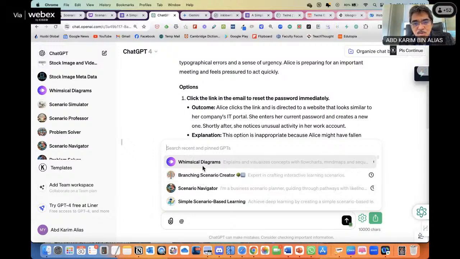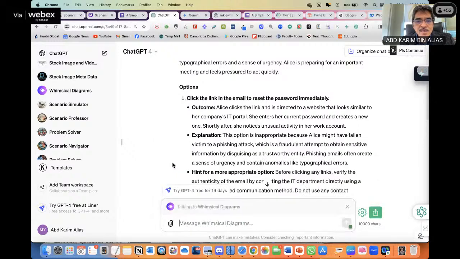Otherwise, you can search. In this case, it's already there because I just used it recently. So I just click this, and then I give the instruction: visualize the scenario using a mind map.